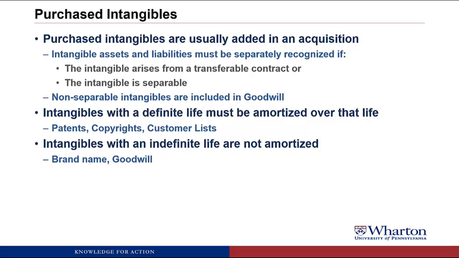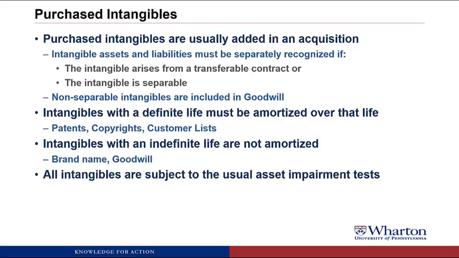But the intangibles are still subject to these asset impairment tests, which means that even though you don't amortize brand name or goodwill, if they become impaired, which means the fair value of the brand name drops below what it is on your financial statements, then you would have to write it down at that point. So you don't have to systematically amortize it, but you still have to test whether the market value has dropped, and if so, write it down because it'll be lower of cost or market, just like we're carrying the tangible assets we talked about in the prior videos.